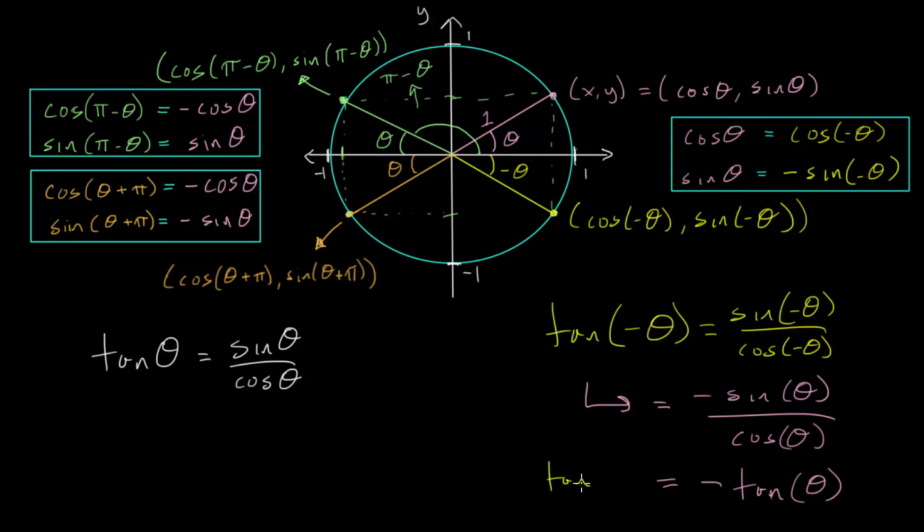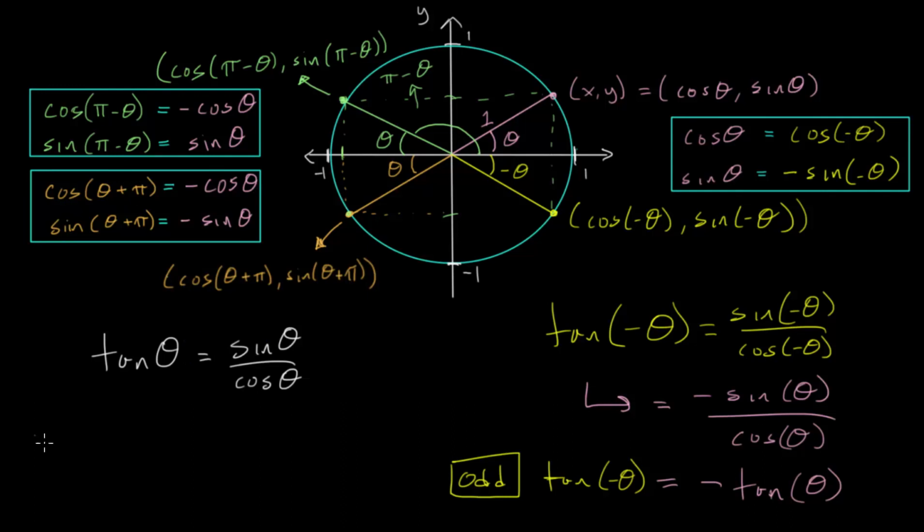So the first reflection identity that we can find is that if we put in the opposite of theta, we get back the opposite of the original function. And this just confirms that the tangent function, like sine, is also an odd function. Now, moving on to our other identities here, we can also look at what happens when we add pi to